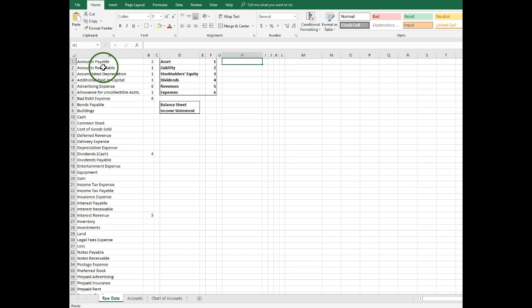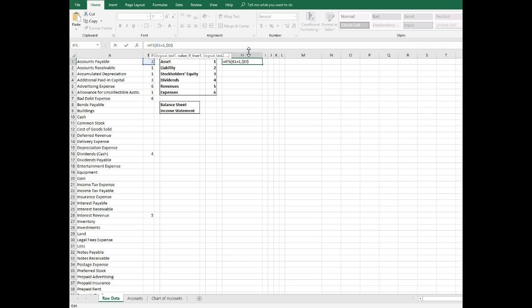For example, accounts receivable. If this is 1, we want the answer to show up here as an asset. So let's see how this works. So type in equal IFS, open the parentheses, and then go with B1 is equal to 1. Now we know it's not. We know B1 is equal to 2, but we want to put the possibilities down for all these. So if B1 was equal to 1, comma, then the answer would be